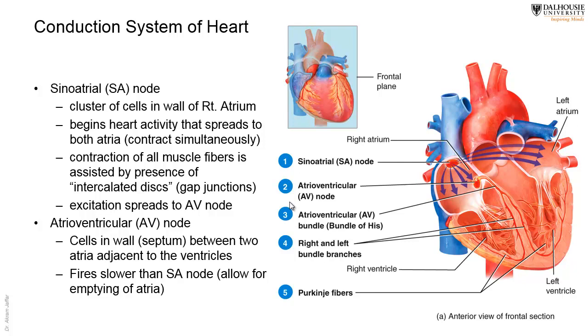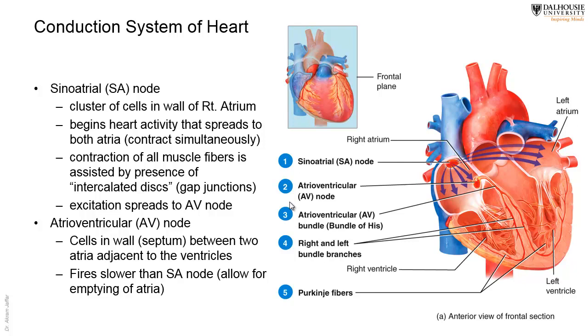And this system starts here at a node, an area in the wall of the right atrium, which is called the SA node, or the sinoatrial node. Either you say SA or the sinoatrial node. You can use the SA only. So the SA node is located in the wall of the right atrium, and it triggers,